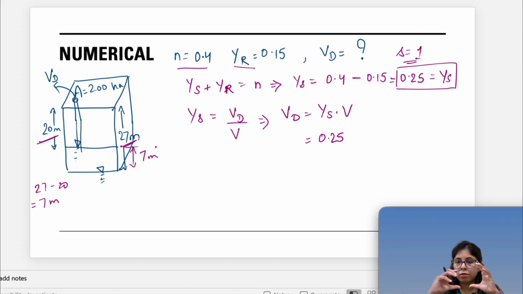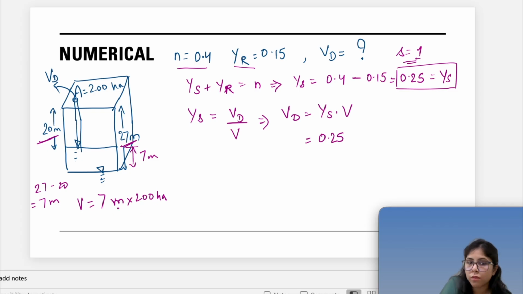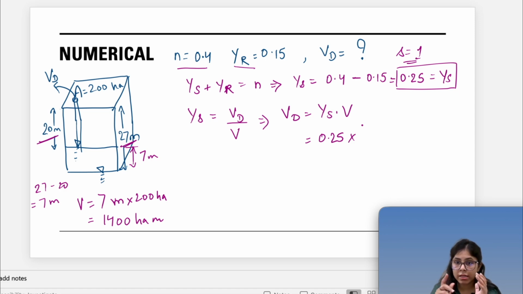So what was the total amount of water present in the soil? It was 7 meter into 200 hectare, right? It was the total volume that was present. So 7 into 200 came to 1400 hectare meter. Now, if I multiply it with this, Vd is the amount of water that came out,